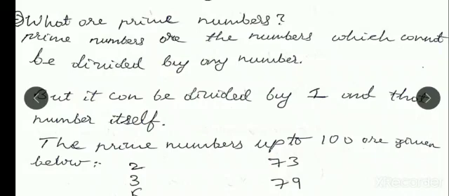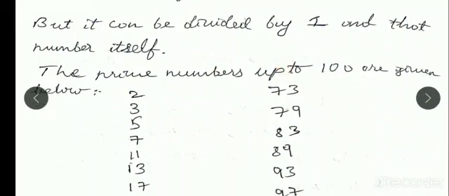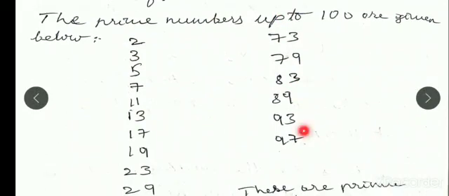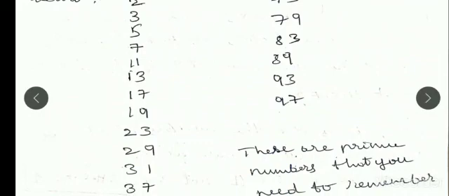The prime numbers up to 100 are given below. Let us know what are all the different prime numbers up to 100. I am again saying prime numbers are the numbers which cannot be divided by any number. Okay, the different prime numbers are 2, 3, 5, 7, 11, 13,